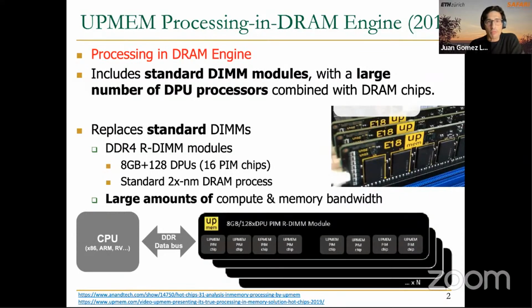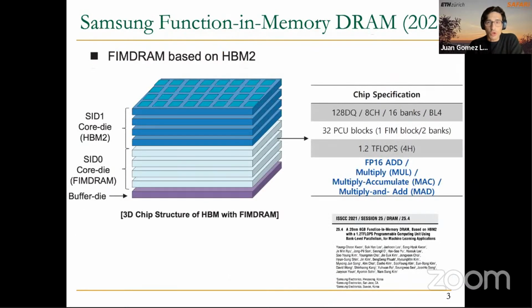This is the UPMEM processing in DRAM engine that consists of UPMEM DIMMs. Each of them has multiple chips, and in these chips, near the memory arrays, we have some small processors called DPUs. We also discuss in this course this other approach to processing near memory that is called Samsung